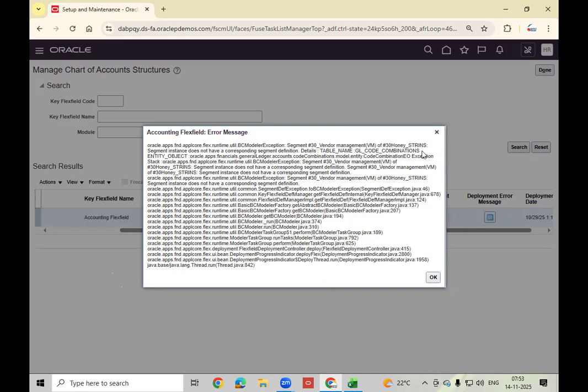It is showing vendor management segment. Here's something: strings do not correspond to the table. Something of this sort. Let me check.